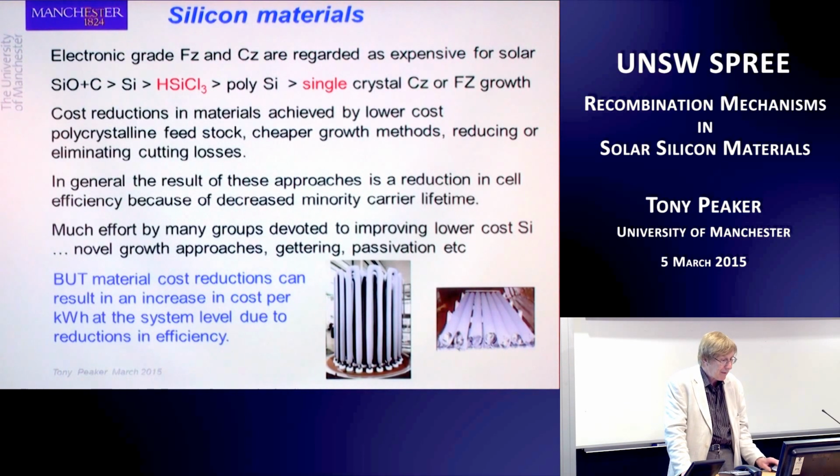If we look at the pathway here, we reduce the quartz with carbon, produce elemental silicon, and then that has a lot of impurities in it. We convert it to trichlorosilane or to silane, and then purify that by fractional distillation and other techniques,